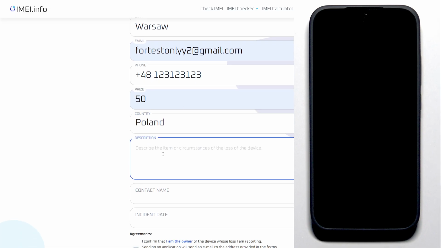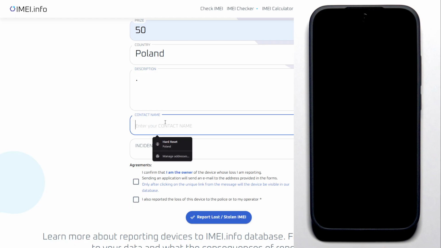Now the description. Describe the item or circumstances of the loss of the device. In my case, I'll only place a dot in here, but remember that if your device gets lost or stolen, your description should be as much precise as possible. So you can describe the item, where you lost it, in what case your phone was, and basically as many information as you can. Now the contact name